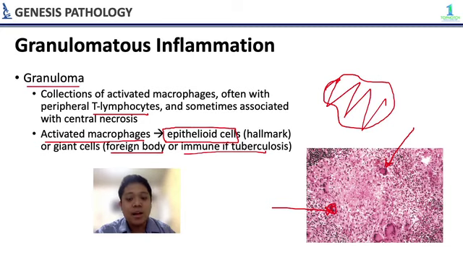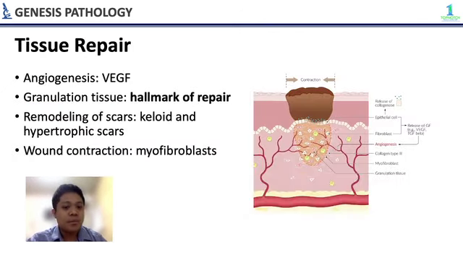Kaya giant cell. Again, remember, Langerhans giant cell, tuberculosis. Next, you have your tissue repair. So ano nangyayari sa tissue repair? First, magkakaroon ng angiogenesis. So, you need that because you need the blood to reach the affected area para mag-migrate doon yung mga neutrophils, para mag-start yung process of inflammation, and eventually mag-heal siya. So, it is mediated by VEGF or vascular endothelial growth factor.